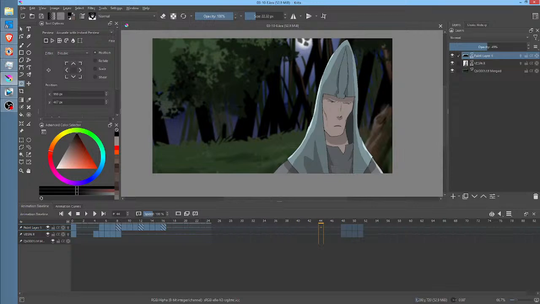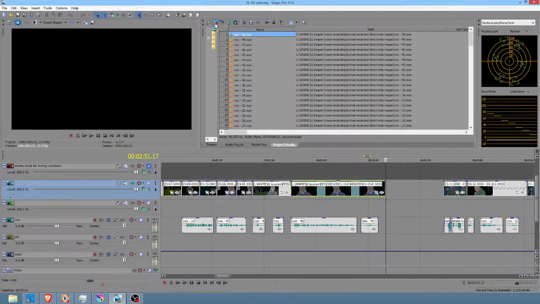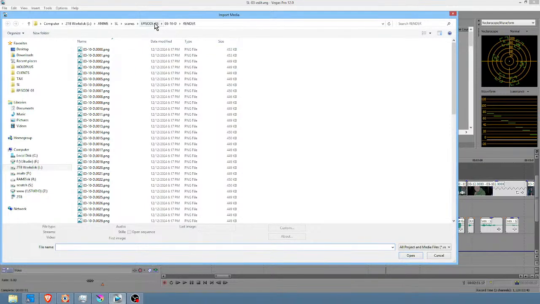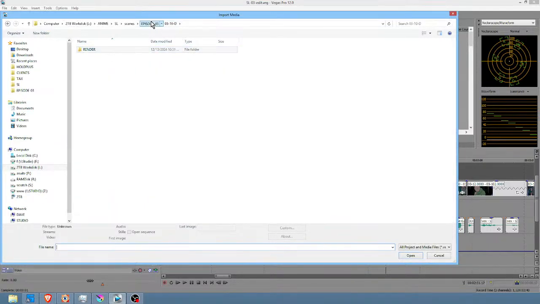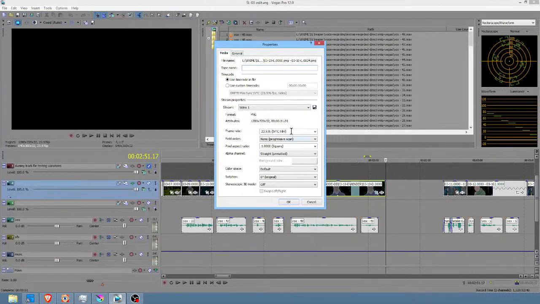Okay, so now we need to do a switcheroo. Back to here. And you guys will have to remind me to not forget to switch screens again. Okay, so this is going to be 3-10E. There should be 24 frames. And indeed there are. Those frames need to be at 8 frames per second.